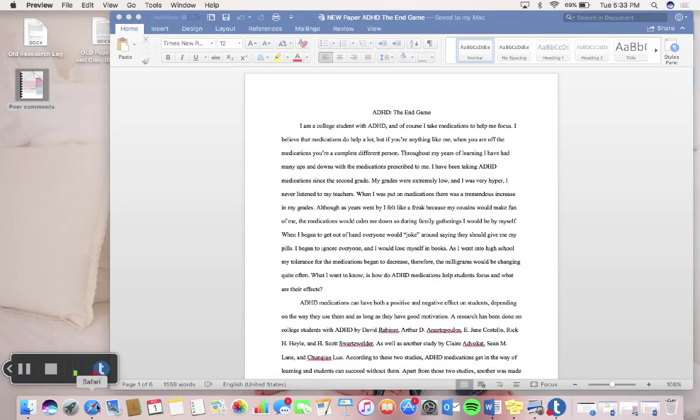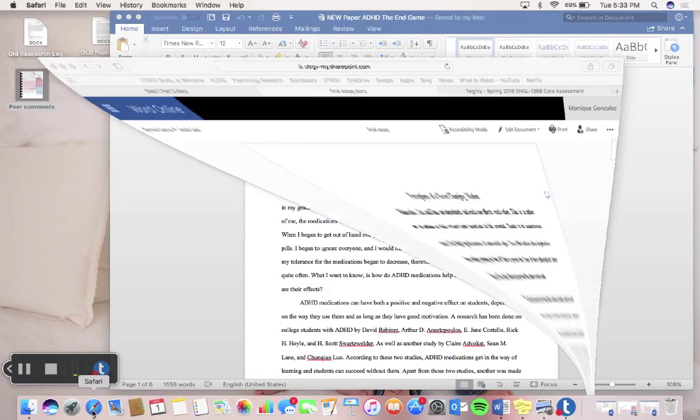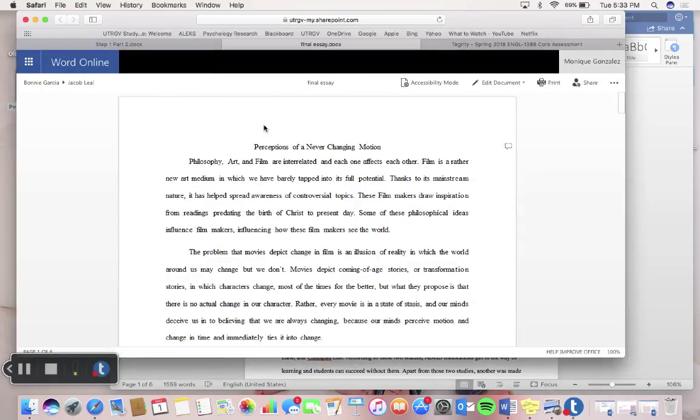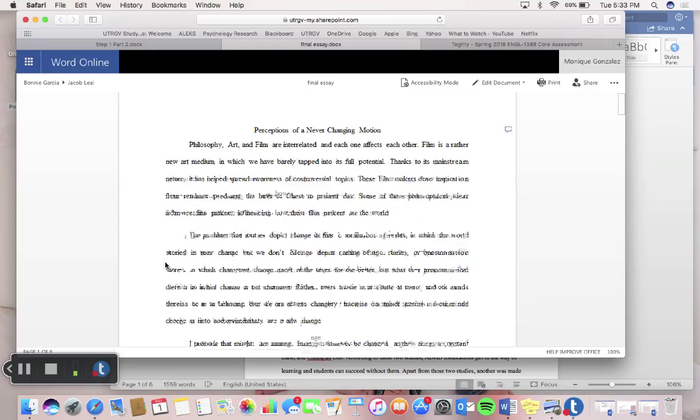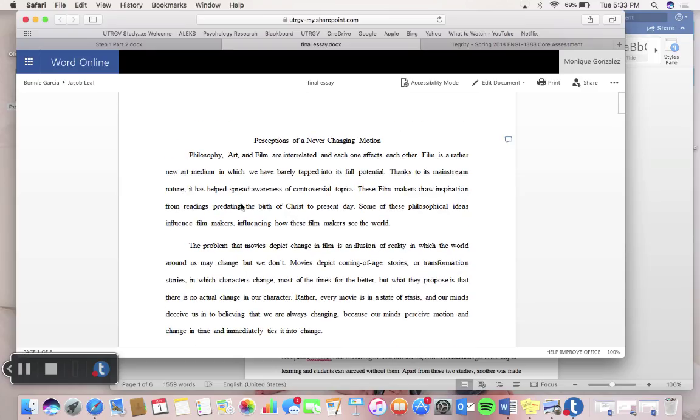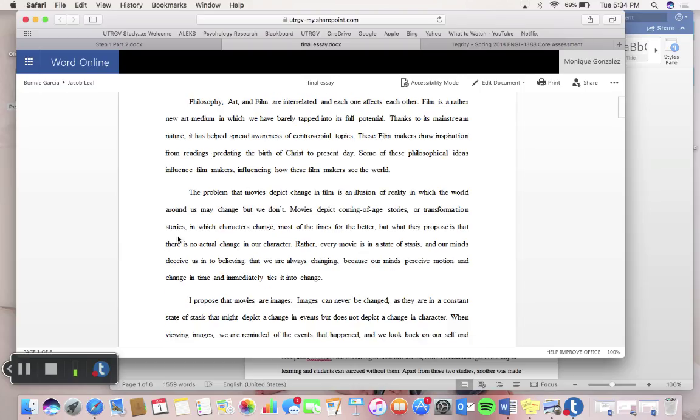I was really afraid of editing other people's work because I thought I would mess it up. But as I started editing papers, this is one of the papers that I edited by Jacob Leal, and I was supposed to change the transitions, and I was so terrified.